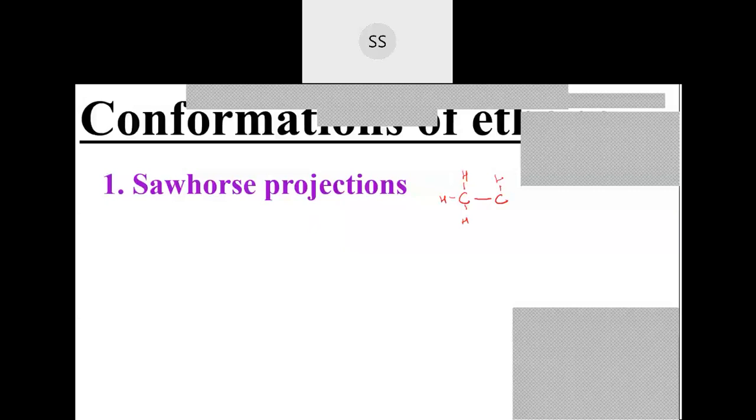You have a carbon attached to 3 hydrogens, and one more carbon attached to 3 hydrogens. Now, to write the Sawhorse projection, take the front carbon, and there is a bond between the carbon and carbon, so I am going to draw it here. This is the front carbon, and on this side 3 bonds are there for the carbon. You have studied ethane hybridization, and you know the bond angle between them is around 120 degrees each.